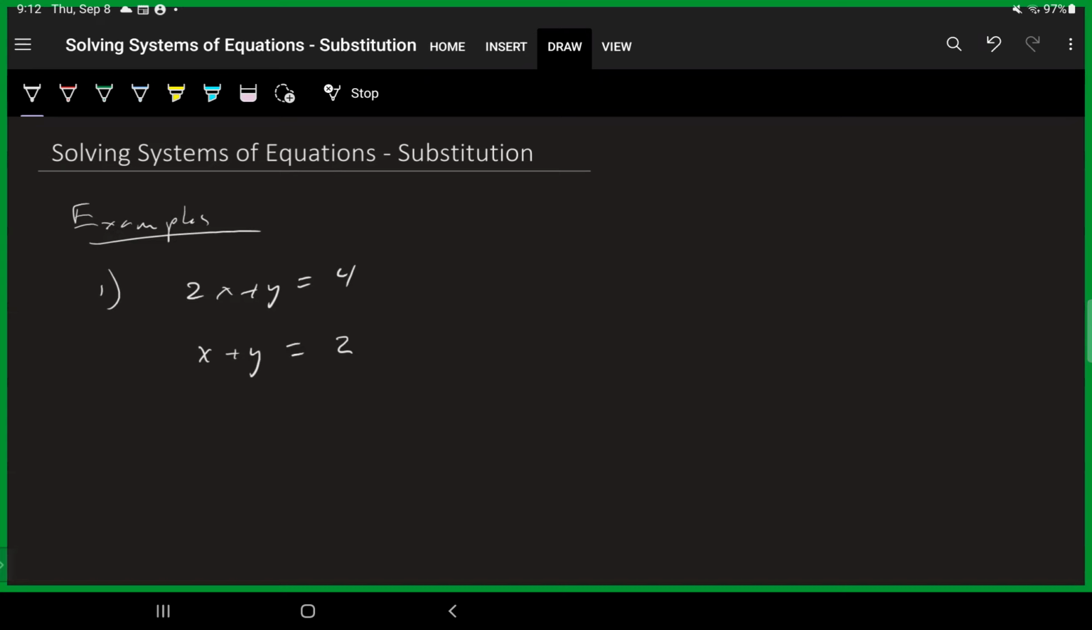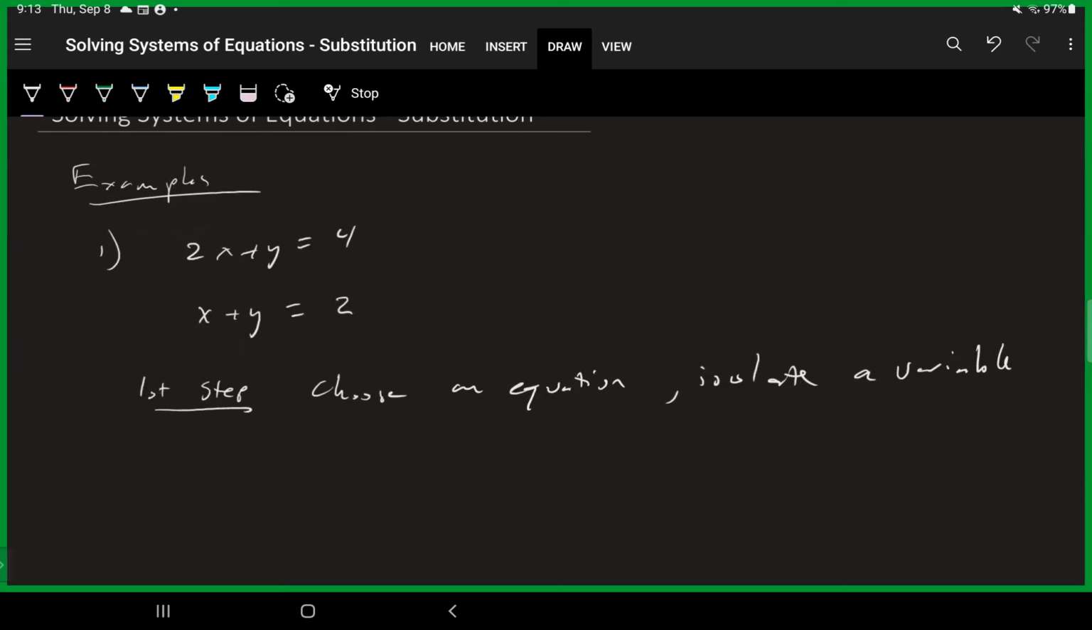So if I'm asked to solve this system by substitution, I have 2x plus y is 4, x plus y is 2. What I need to do, so my first step is I need to choose an equation and isolate a variable. And in theory, it does not matter which. But in practice, you're going to discover that sometimes it's easier to solve one equation for a particular variable than the other. It's usually, in order to avoid fractions as much as possible, just because it's more work to work with them. And so if you can identify something,